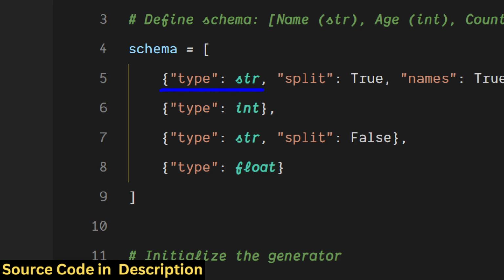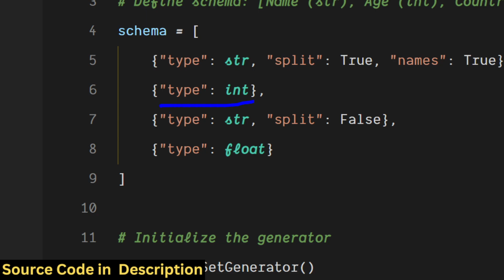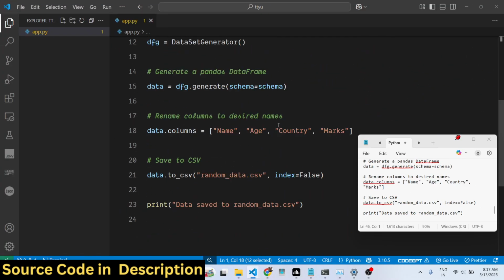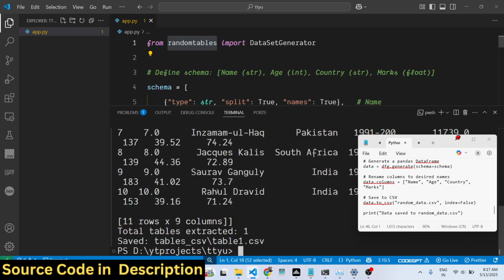The first column must be a string column. The second one must be an integer. The third one again will be a string, and the fourth one will be a floating point number. So you provide the schema, and then it will save it as a CSV file. So if I execute this,